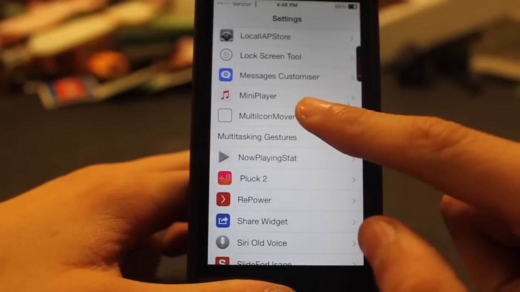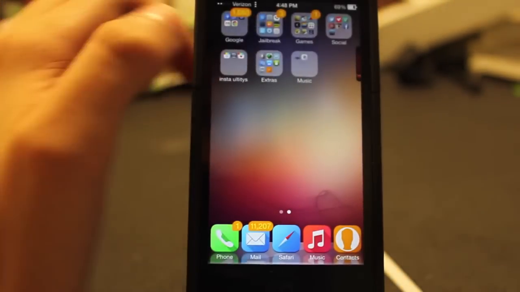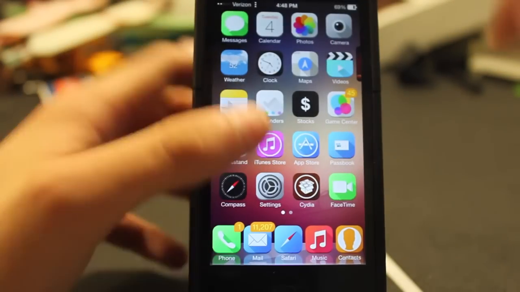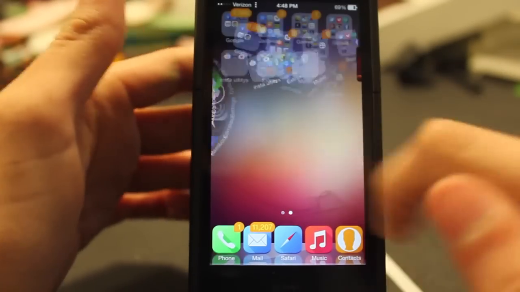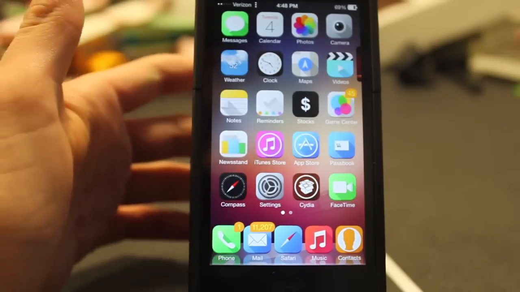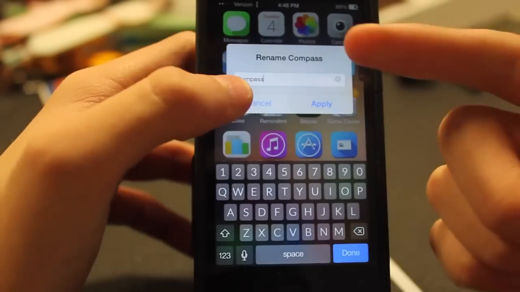Next one is Multi-Icon Mover. This is a really cool jailbreak tweak. I think it is paid. So say I want to move these 4 apps onto this page, but it takes forever moving them manually. So just hold it down, click it, there'll be a little check. Now, if you have